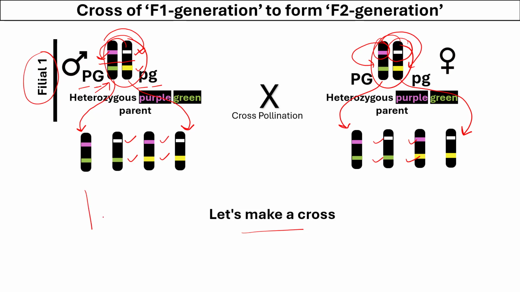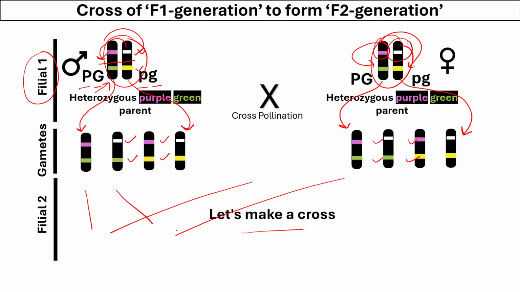If we make crosses like this, it will be so much harder and complicated because now we are dealing with 4 gametes on both the sides. Which is why it's always a better idea to use a Punnett square, and it's much easier to look through the Punnett square. Alright, so we have gametes from this filial 1 generation and the